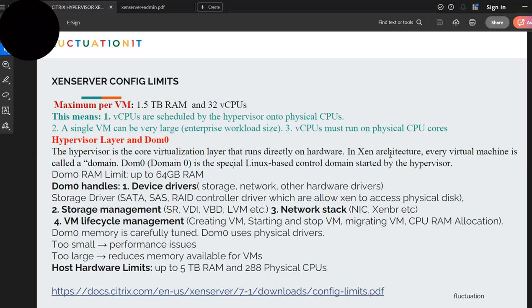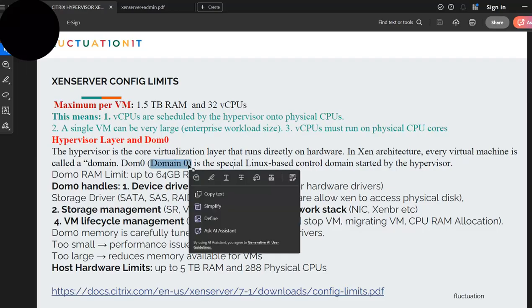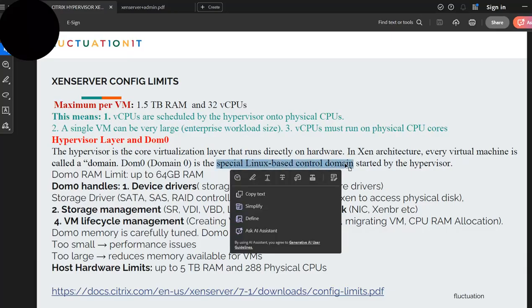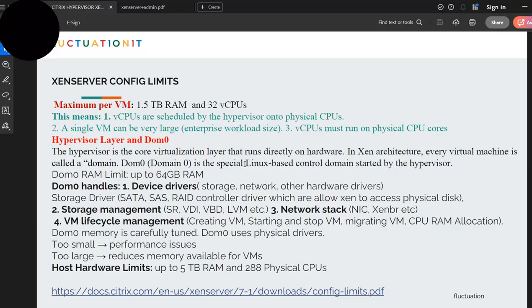So there are two types of domain, Dom0 and DomU. Dom0 means domain 0. It is the special Linux-based control domain. Dom0 is the control domain and DomU is the unprivileged domain. Dom0 is the Linux-based control domain started by the